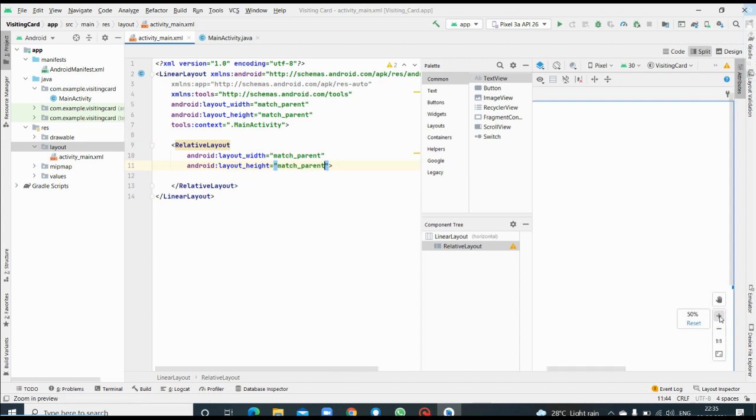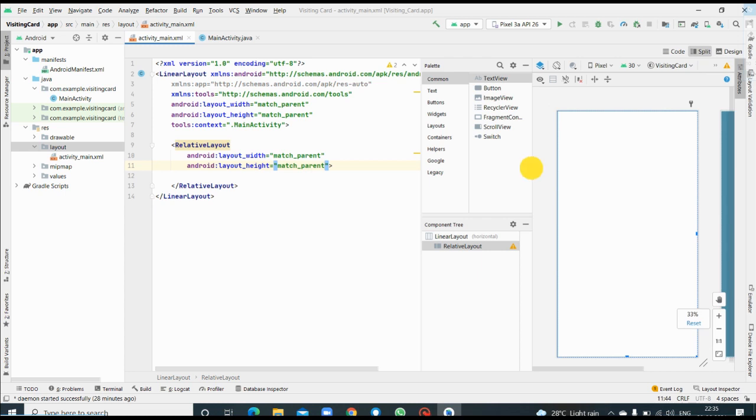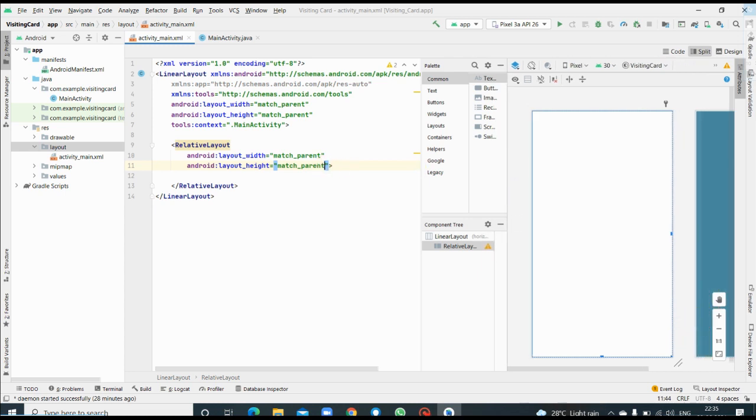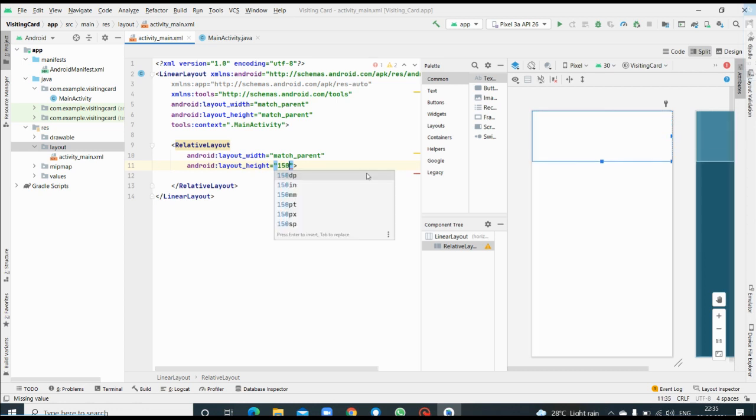I hope the design is very clear for all of you. So let me change this match parent to one value, like let me take it as 150 dp. Automatically it is giving us a suggestion. And if you look at the right side in the design part, you will come to know how much space it is going to acquire. And if that is not needed, you can go for 125. Yes, I think for our design 125 is fine, right? So 125